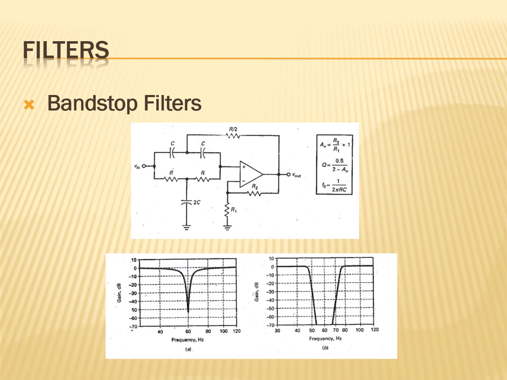And lastly, we have our bandstop filter. So this is the design for our bandstop filter. We have here the voltage gain. As we can see, this is a non-inverting voltage gain because the input here is being placed at the non-inverting terminal. We have here the value for Q, and we have here your FO. This bandstop filter will have a response equivalent to this one, and as you can see, this is the response for a non-ideal notch filter.